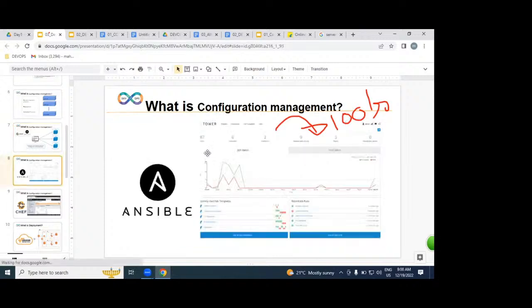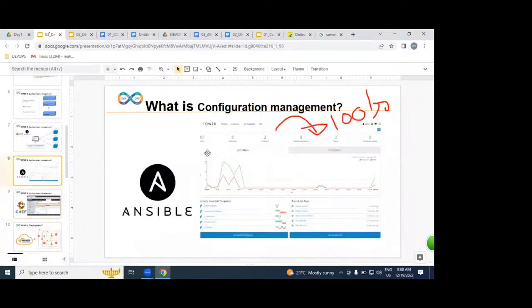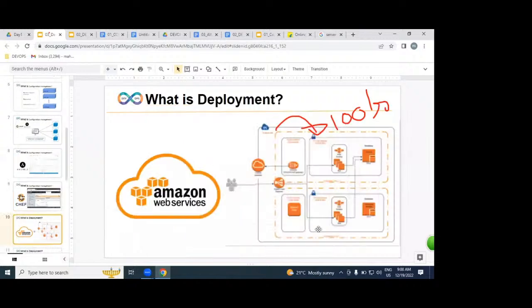But we are going to learn one push model and one pull model. Ansible is a push model. Chef is a pull model. Clear, all of you? What is pull and what is push? Don't ask me now. We'll discuss it in the regular session. It will take 1 hour, so I will discuss it in depth, not today. And then we are going to discuss AWS as a complete course.